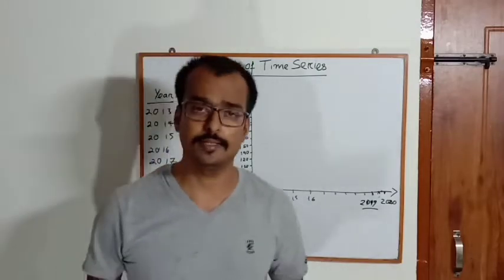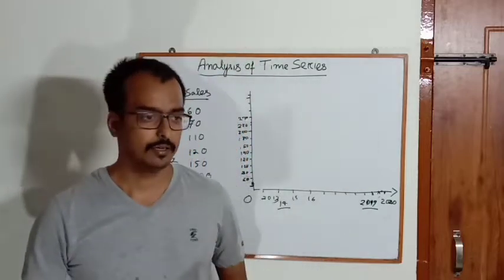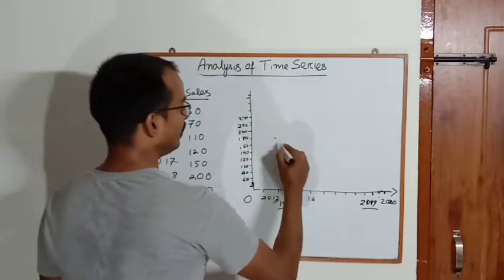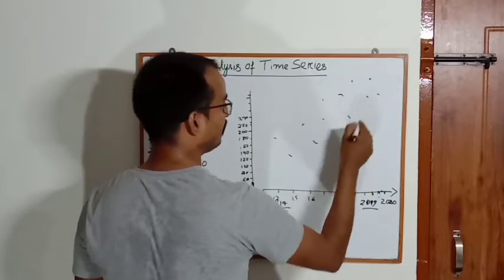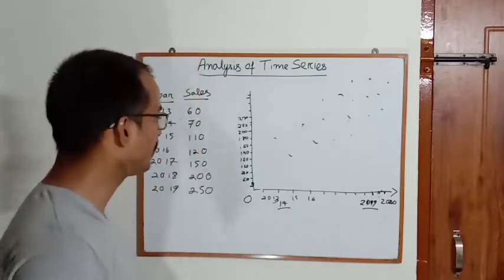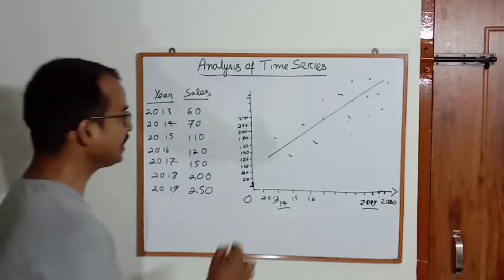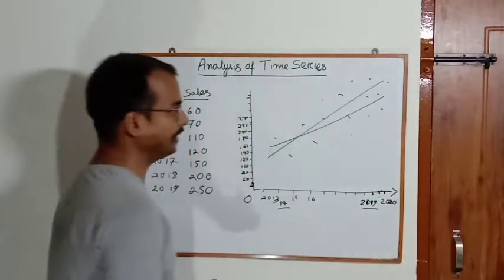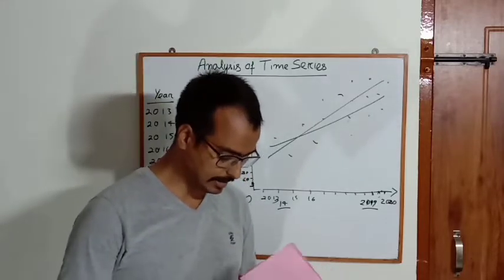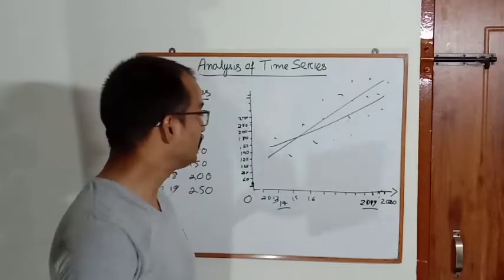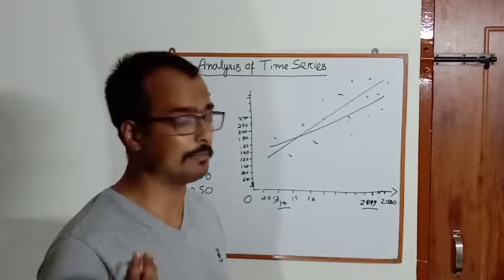this method is subjective. What does it mean? So if these are the values, these are the informations you have plotted, I think this is the line which is fitting best. And you say, no sir, this is the line which is fitting best. Now, which one is right? That's a very difficult issue to decide. It's subjective. According to me, what is happening, according to you, what is happening, that may differ.